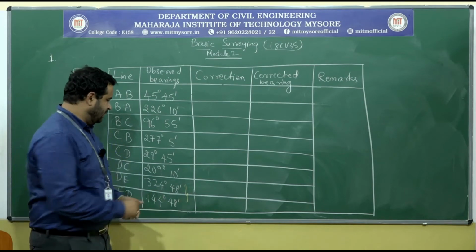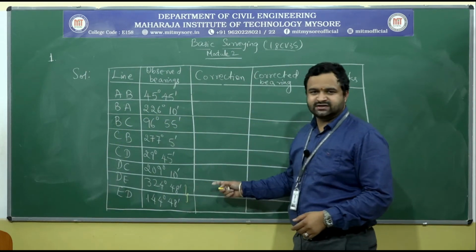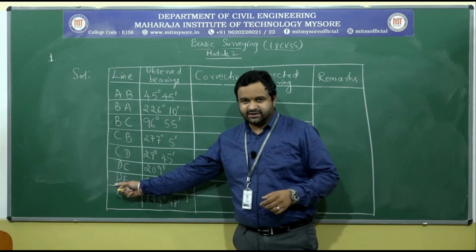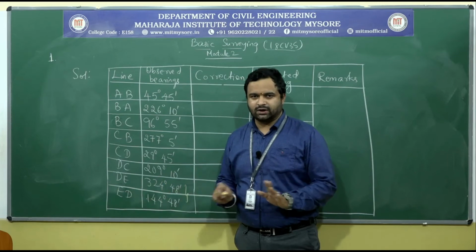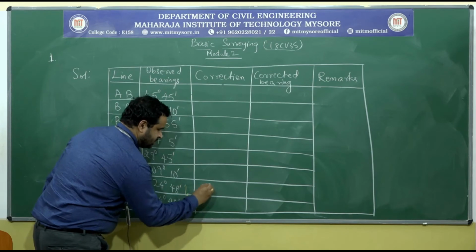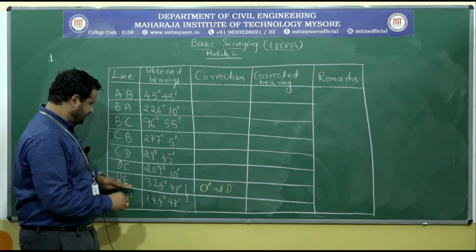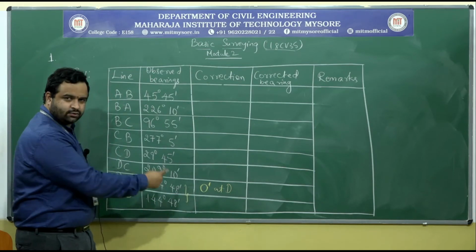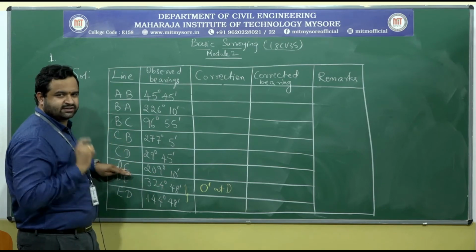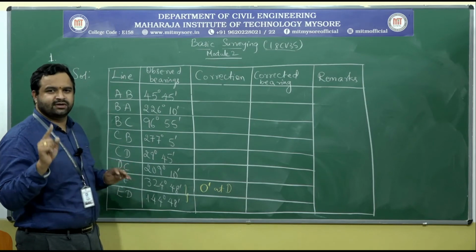So now we can say there is no correction to be applied at that particular station, that is D and E. It is free from local attraction. The readings taken from station D and station E are free from local attraction, that is, there is no correction to be applied. So 0 minutes at D. If DE has 0 minutes correction, then DC will also have 0 minutes correction. Whatever readings you take from station D will have 0 minutes correction.